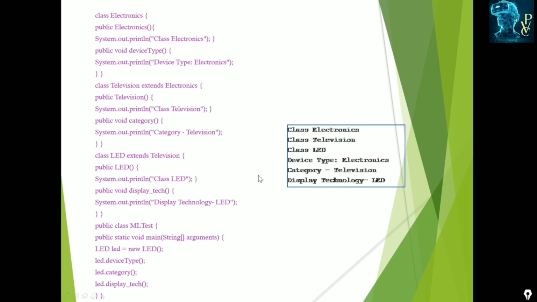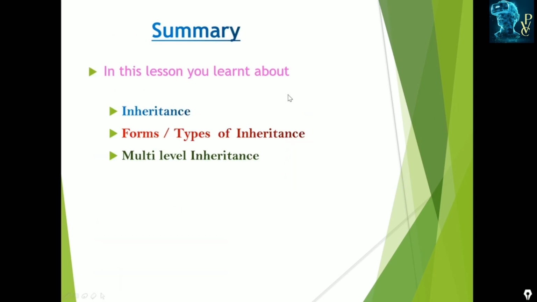Multi-level inheritance is possible only when we have three classes: one acts as the parent, the middle one is the intermediate class, and then the child class. So when we have three classes, it is possible to have multi-level inheritance.